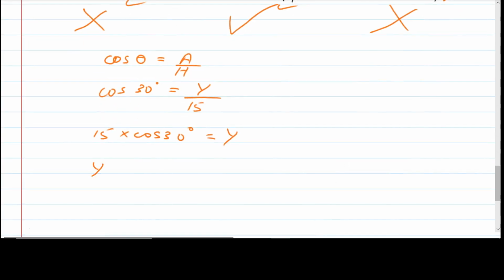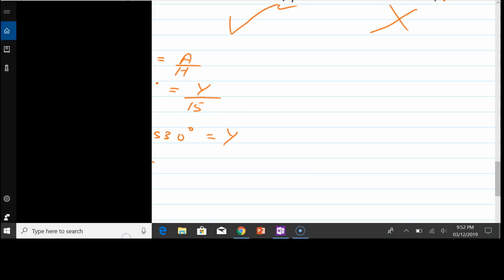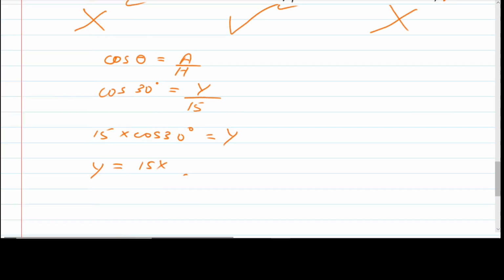So y is going to be 15 times cos of 30, which is 0.8660. You will need to use a calculator to work out cos of 30, and when you do that, make sure your calculator is in degrees mode, not radians mode. So if I do 15 times 0.8660 on my calculator, it gives me 12.99. That is very close to 13.0. So I am going to say that the answer is, rounded to 1 dp,